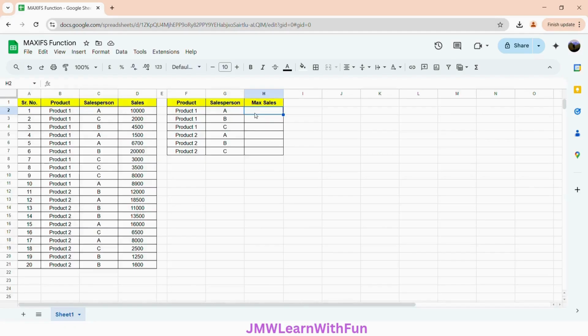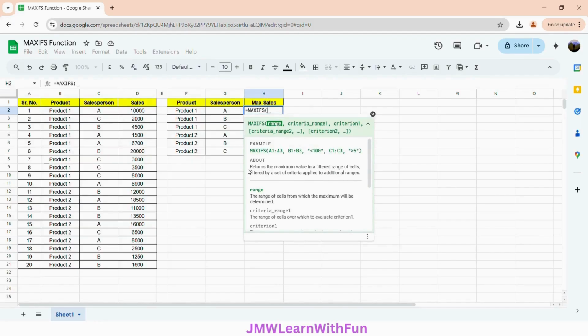So for this, we will use the MAXIFS function, which returns the maximum value in a filtered range of cells, filtered by a set of criteria applied to additional ranges. It takes range, criteria range 1, criteria 1, optional criteria range 2, optional criteria 2, and so on as arguments. An example is shown. For our case, we will write equal to MAXIFS, range,